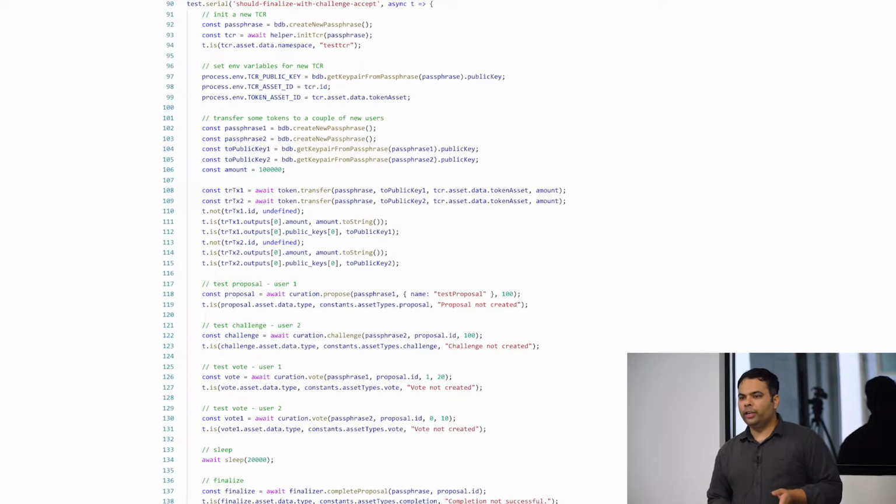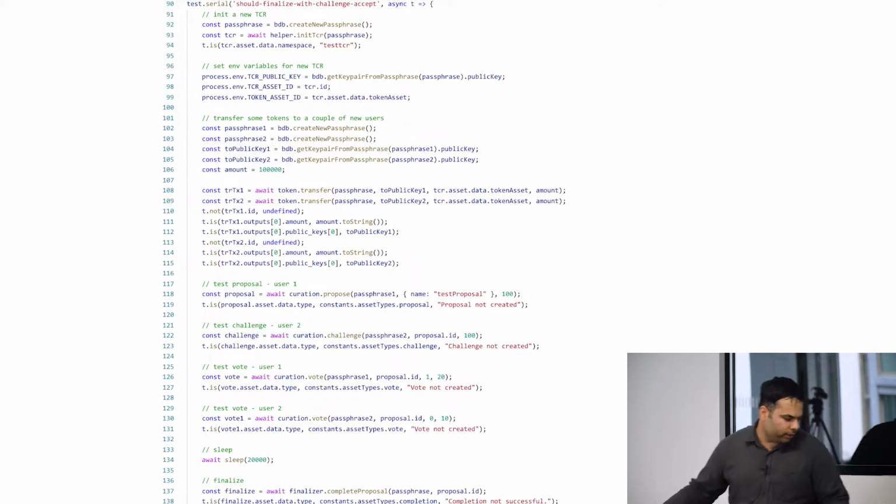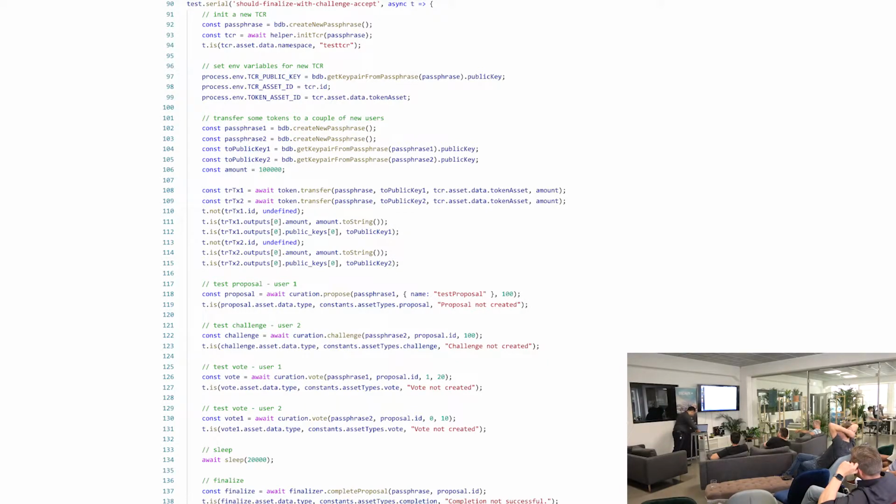Then the first user voted with 20 tokens, and the second user, who voted 0, voted with 10 tokens. So we see a clear majority here: the person who is supporting the proposal, who proposed it in the first place, has more stake backing his claim, and the person who has challenged the proposal and voted 0 has less stake, 120 versus 110. So then we call the